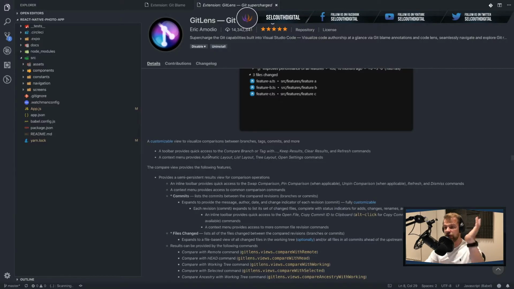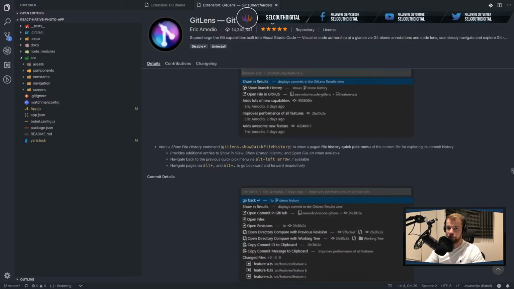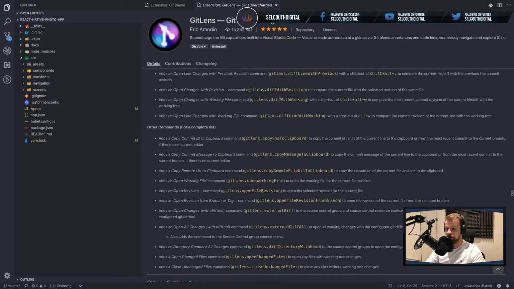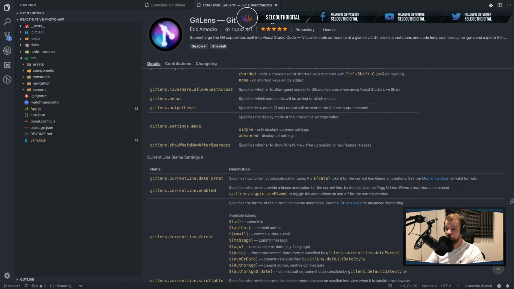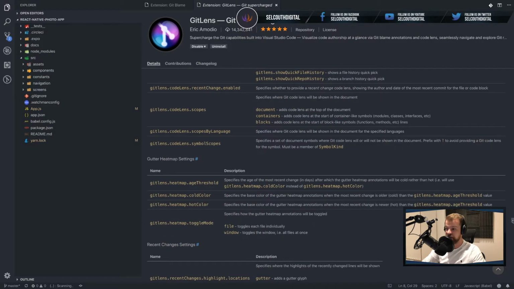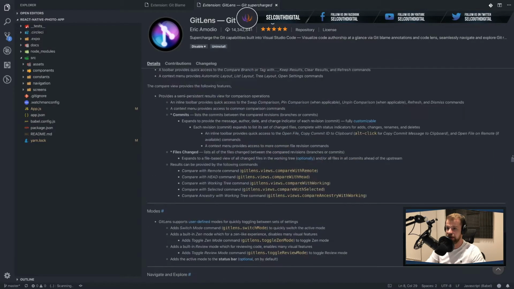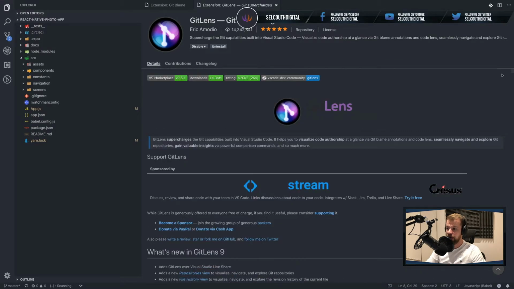And probably I would have to record another video to explain how GitLens works. So it's probably best for you to go to the marketplace and take a look at it yourself to get into details, because to understand its full potential, I seriously would have to record an hour-long video just to explain how it works. But basically, it's a package